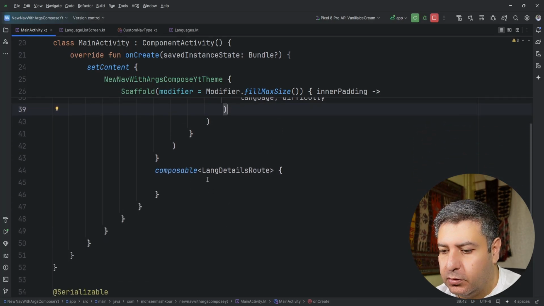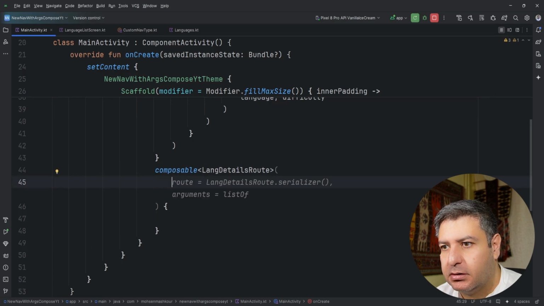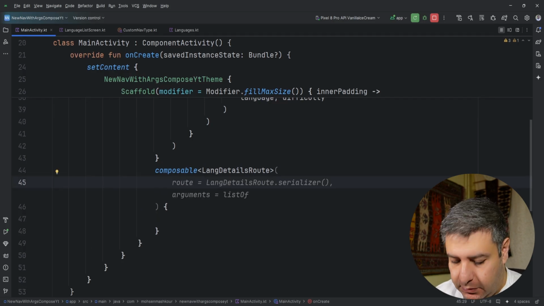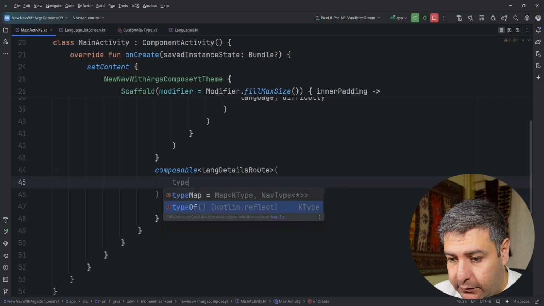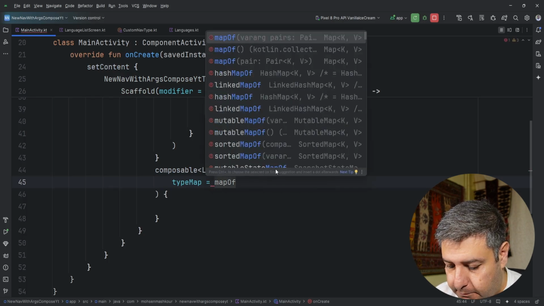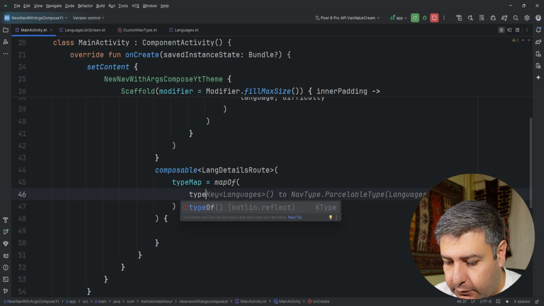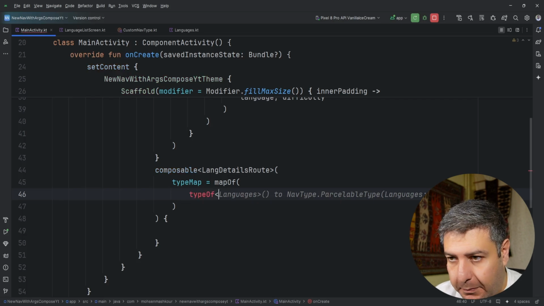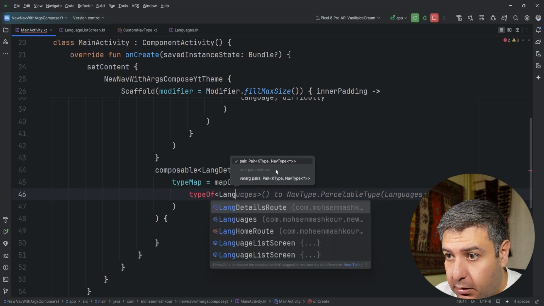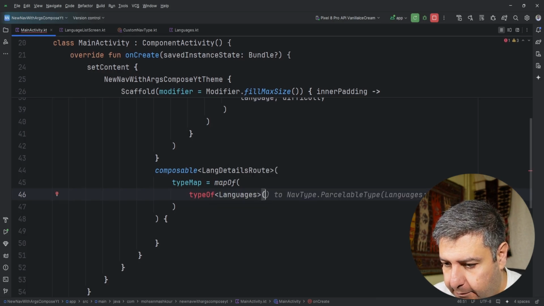And now let's create this composable. First of all, before adding the screen, here let's define the nav type. So we have a type of type map, map of, and here type of, no, the suggestion is sick. Languages, calling the main data class, then here parentheses, after that